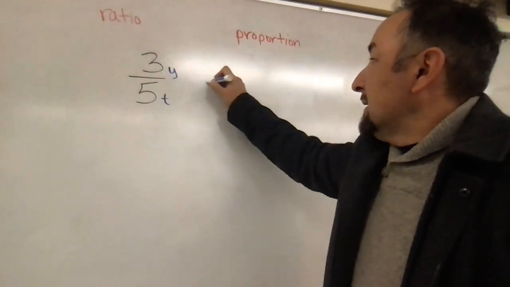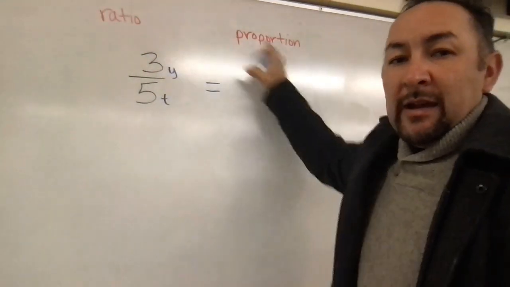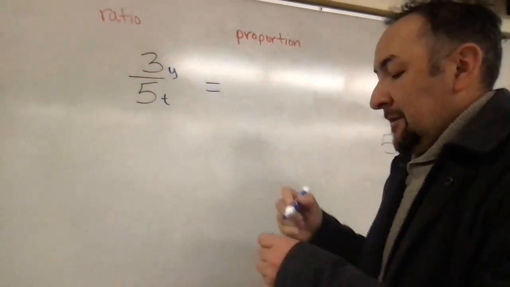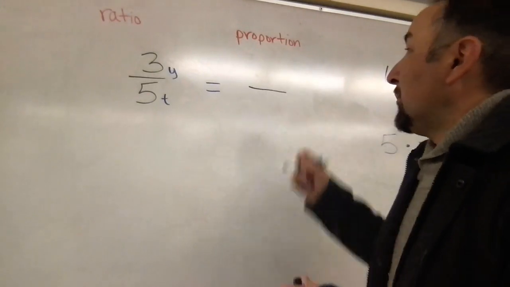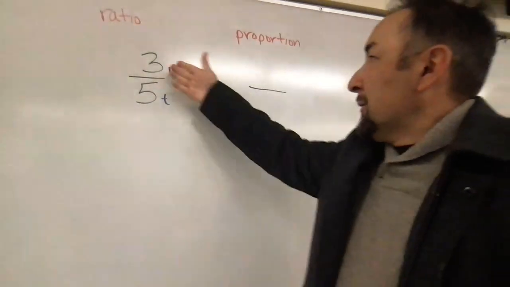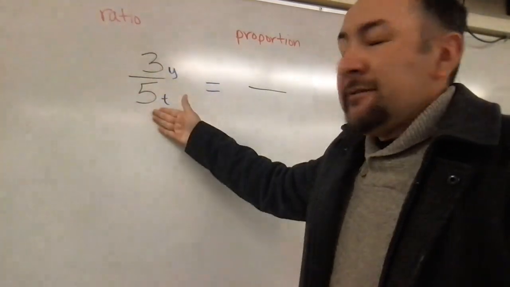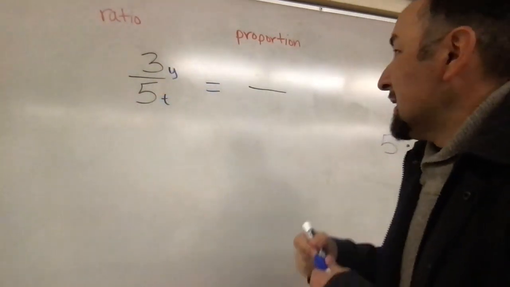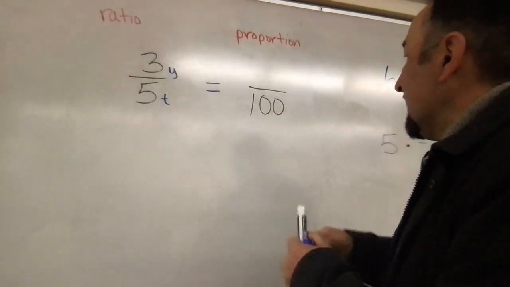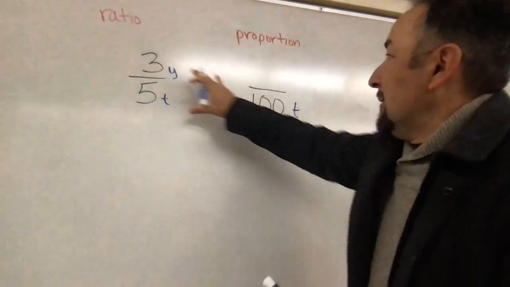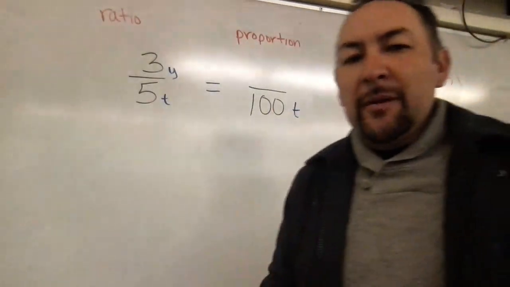If you try to find another equal ratio to that ratio, now you're making a proportion. If you're trying to find two equal ratios, that's going to be a proportion. So if 3 people say, "Yeah, I would vote for a longer lunch," out of every 5 total kids, well, how many can we expect to say yes out of 100 total kids? What we're going to find now, we're going to make a proportion, and hopefully you remember a couple ways to